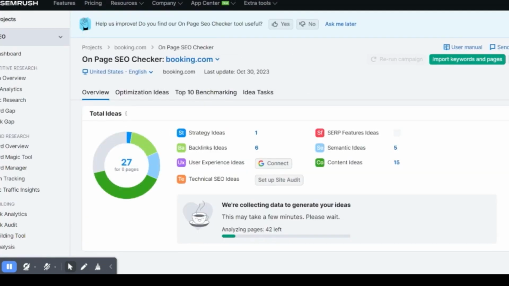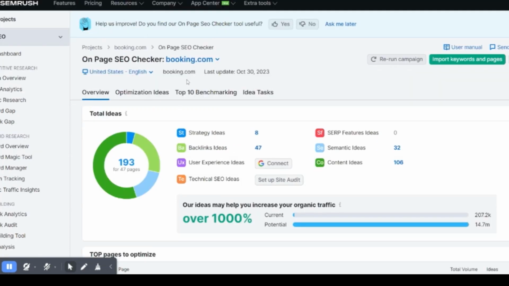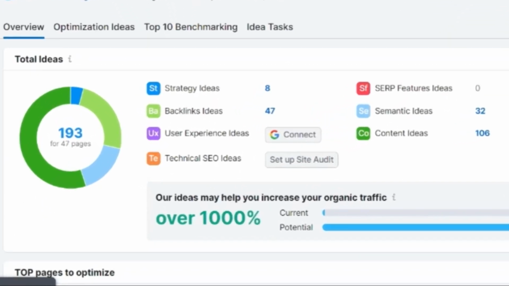On the overview page, you'll see a donut chart with the total number of ideas broken down into 7 categories. These ideas fall under the following recommendations: how to implement your keywords in your text properly, how to semantically enrich your content with other keywords from a similar topic, how long your pieces of content should be, where to get good backlinks from, which of your landing pages are to be optimized first for your keywords, what actions to take